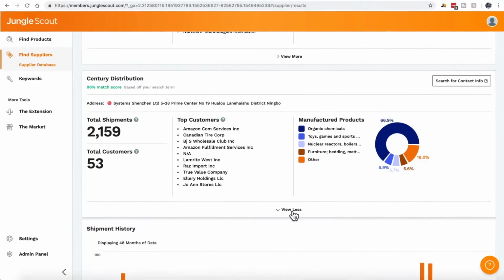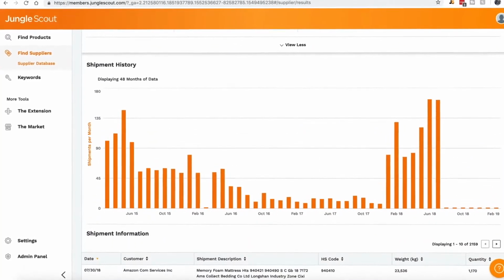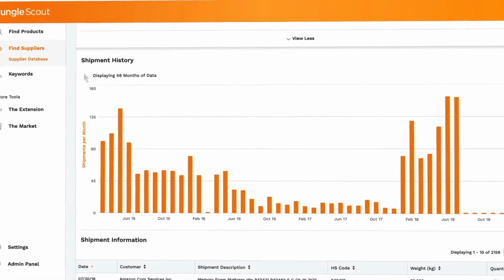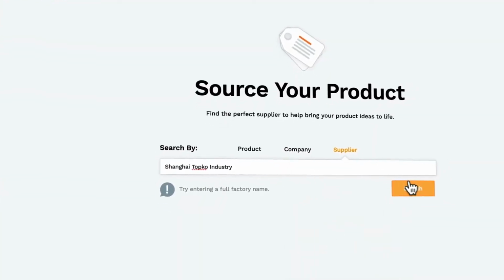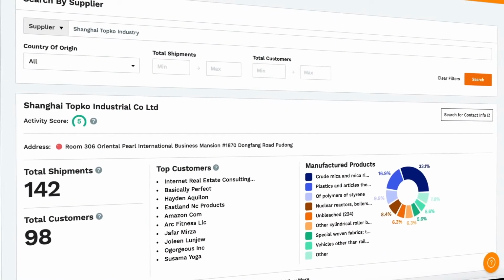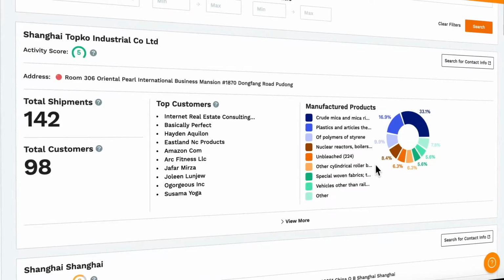And thanks to some clever entrepreneurs, there's now software available where you can search through this entire database of formerly private information. There's 5 or 6 different tools for this now. Some of them are free, some of them are paid. You can also search for suppliers and pull up all of the different shipments that any supplier is doing into the United States. And this is really useful no matter where you're at in your business.